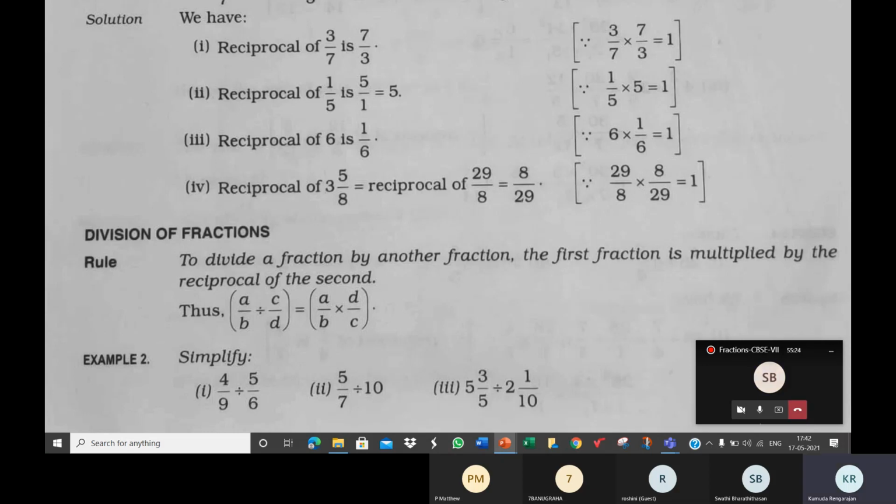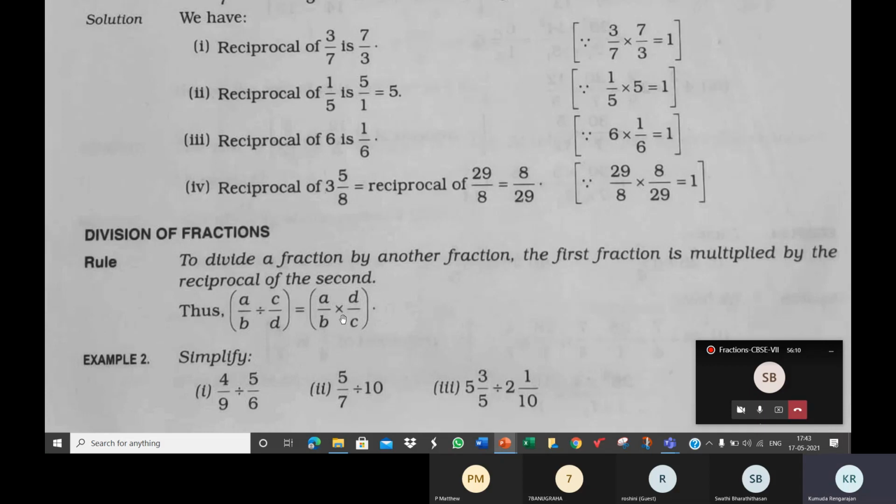I can repeat this. I said write 20 divided by 2. You know the answer is 10. So instead of using the division sign, if you want to convert the division to multiplication, 20 divided by 2 is the same as 20, division becomes multiplication, and you must write the reciprocal of 2 in the next step. 2 by 1 is 1 by 2. So 20 divided by 2 is the same as 20 into 1 by 2, because 20 into 1 by 2 is 10.